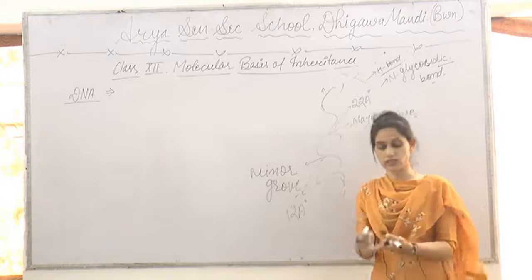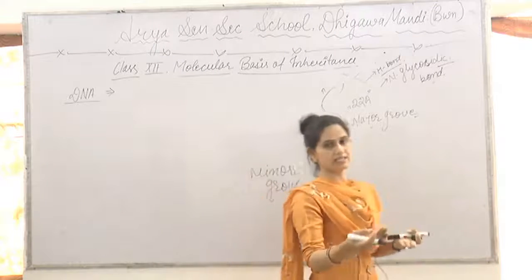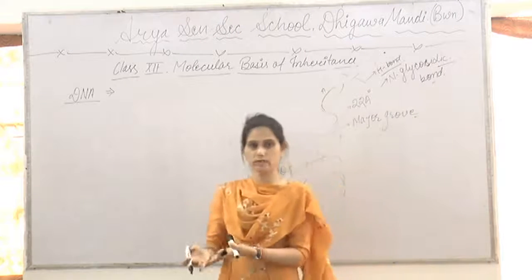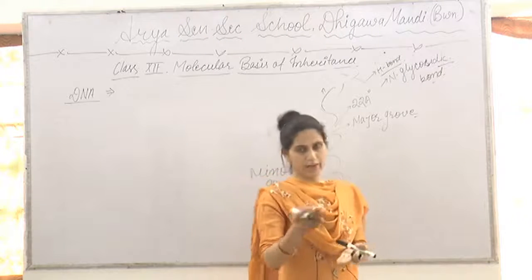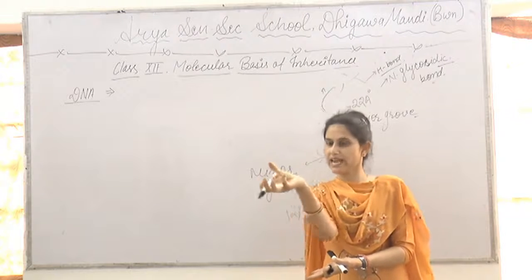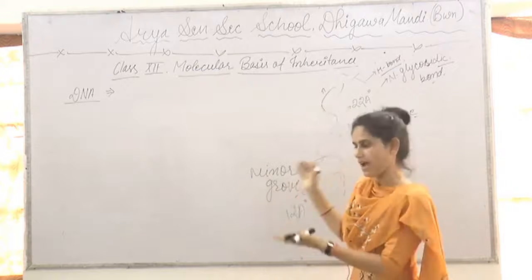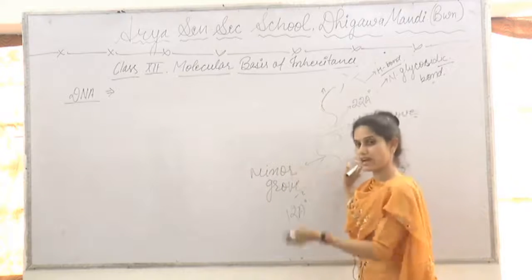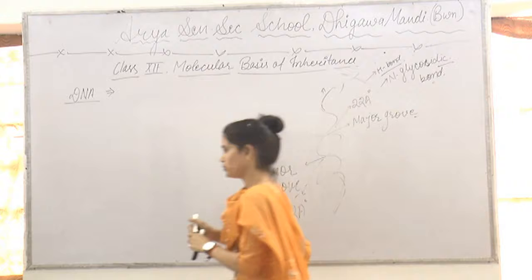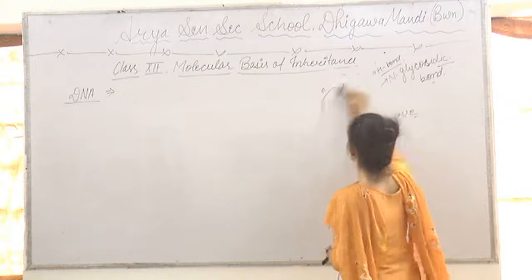So this was the structure of DNA. DNA is a nucleic acid, so it consists of three parts: nitrogenous base, pentose sugar, phosphate group. Pentose sugar and phosphate group are present at the side of the DNA. That's why they form the backbone of DNA. And nitrogenous bases are present at the central part of the DNA. Okay, I just hope you got it. And next we will discuss Chargaff's rule.